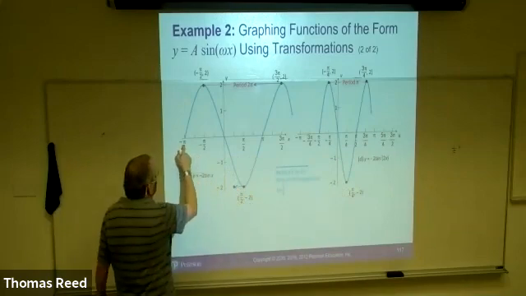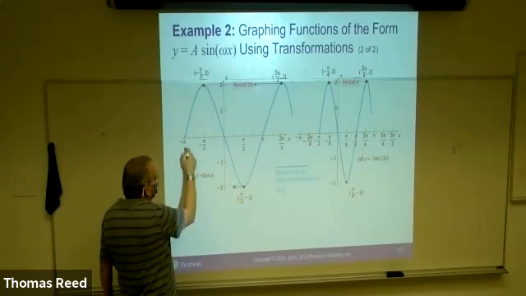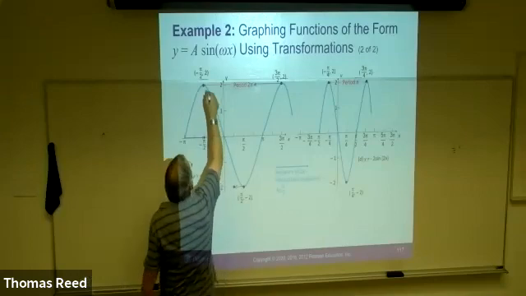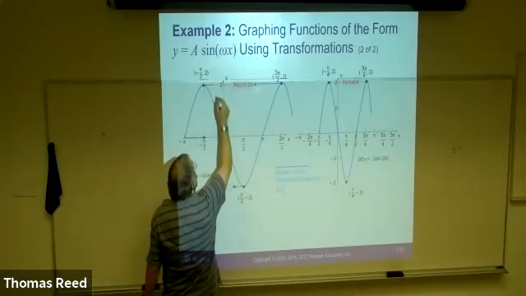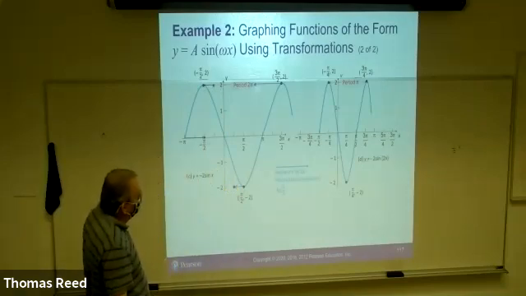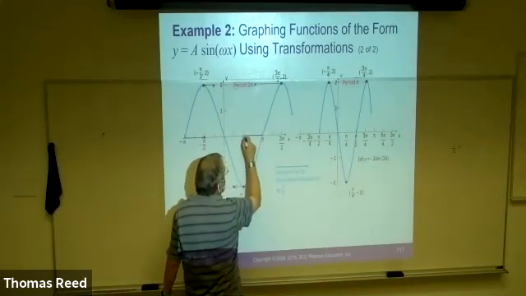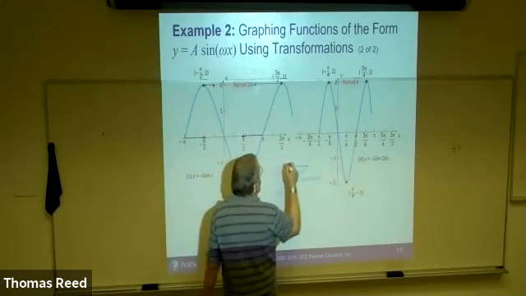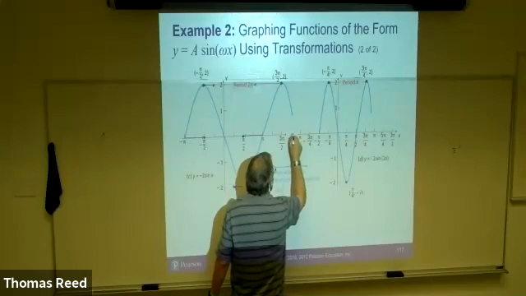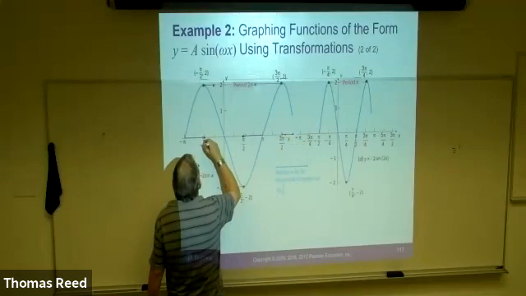And this over here, negative pi divided by 2 brings this point over to here. And this point got brought half of the way back over to here. 0 stayed at 0. Oh, this one got moved to here. And over here, 2 pi got moved back to here. So the new graph